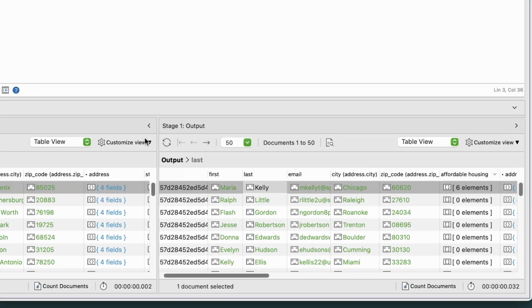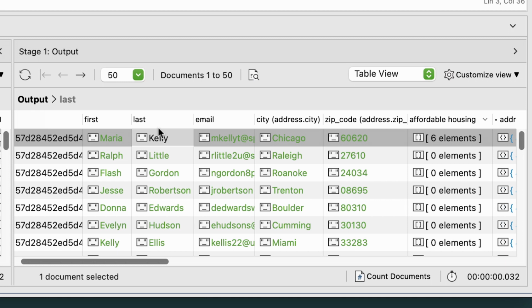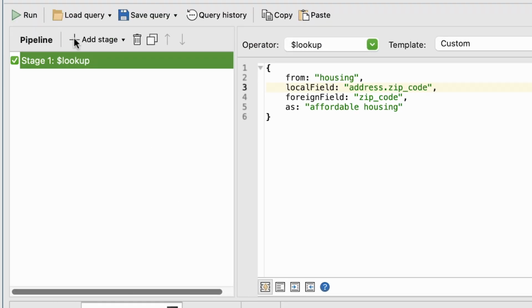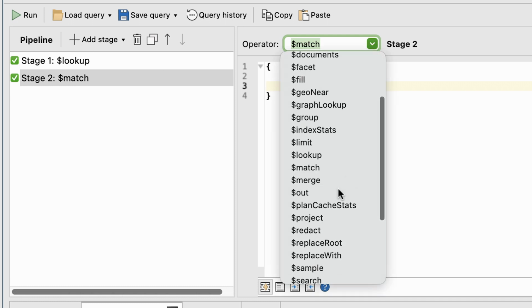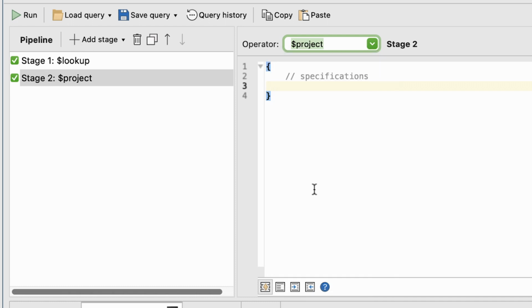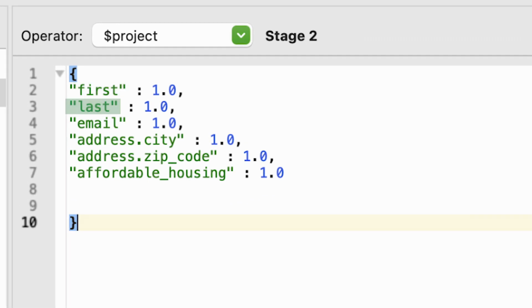Let's say we only want to see our customers' names and the information associated with their address. We can do this by creating a project stage that only passes through certain fields. We'll do this by creating a new stage in the Studio 3T Aggregation Editor, selecting Project from the drop-down menu, and giving each of the fields we want to be passed through to the next stage a value of 1